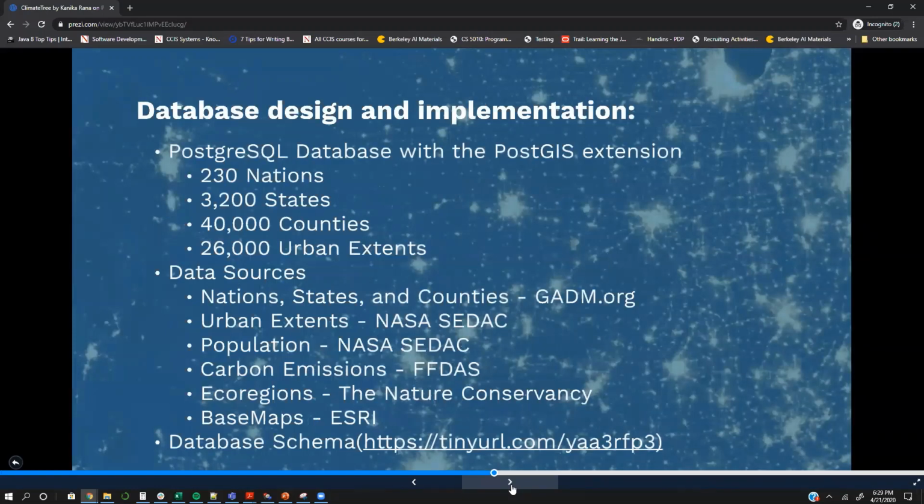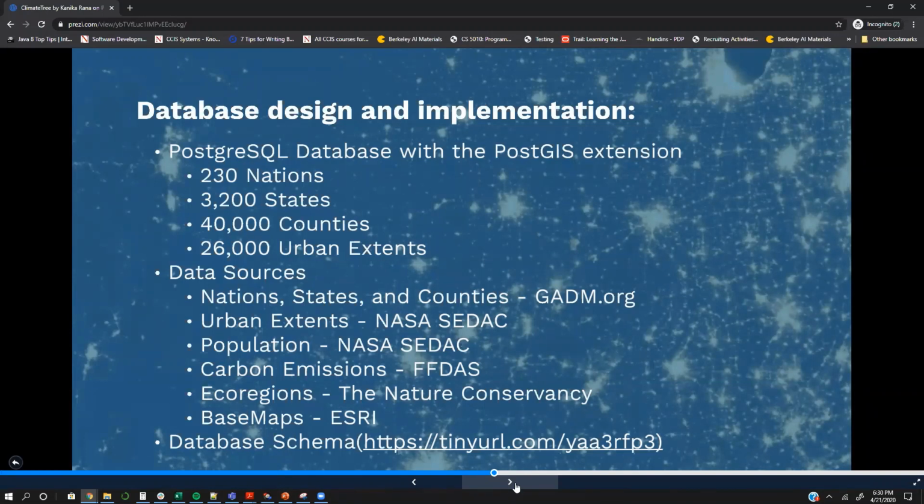We've worked with Greg to get a lot of different data from different sources and put all of the data into one cohesive database. As I mentioned before, the database contains about 70,000 places, and you can see the breakdown of the amount of nations, states, counties, and urban extents on the screen here. Greg has worked very hard on getting us a lot of this information, and I've listed the data sources below.